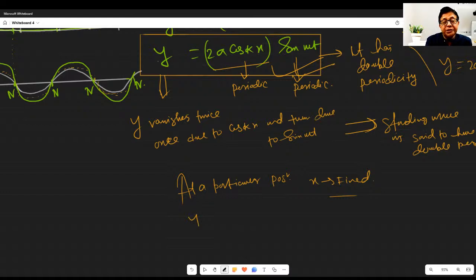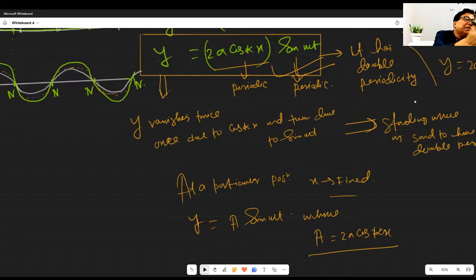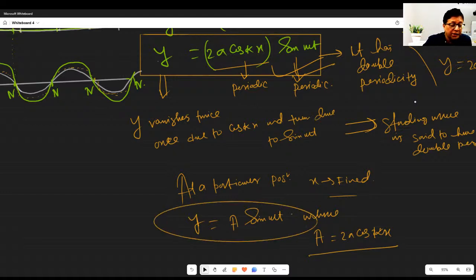So we can write the equation in the form y equal to A sine omega t, where A equal to what? Twice a cos kx. It is a function of distance. If you keep distance fixed, the whole thing will be a function of time. Okay? Now, with time,